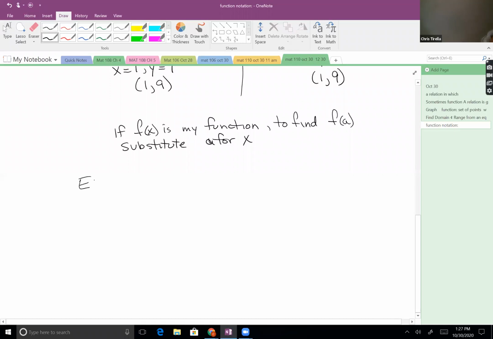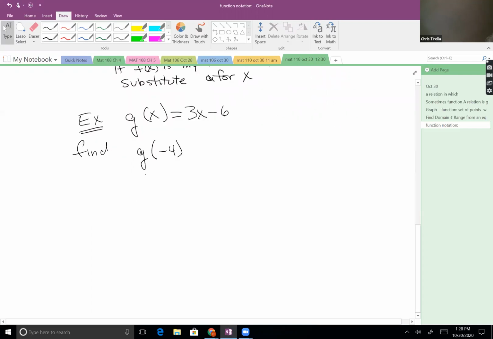Let's say, for example, I'm given that g of x equals 3x minus 6, and I want to find g of negative 4. Let's find g of 5. Let's find g of 7. Let's find g